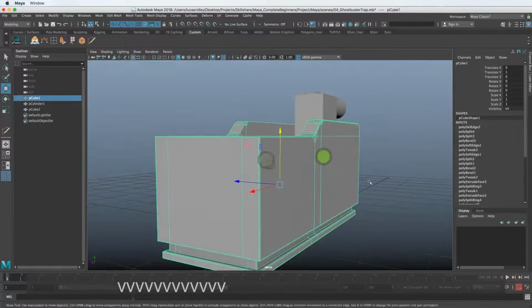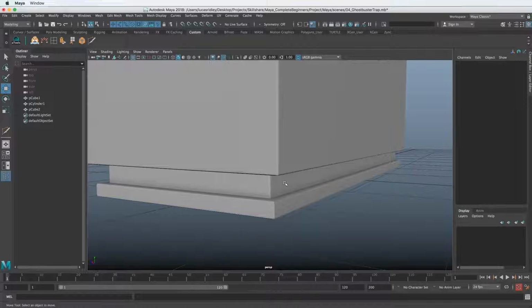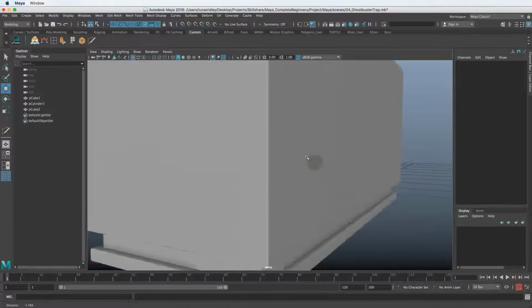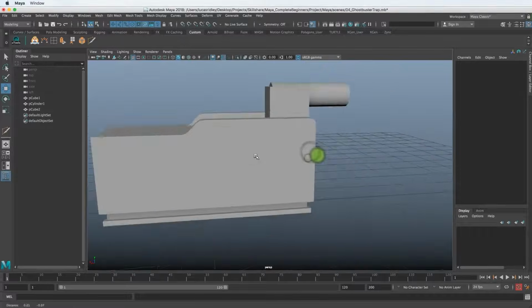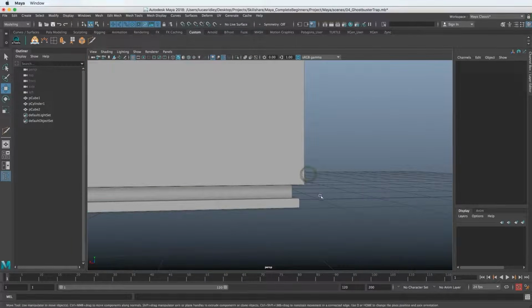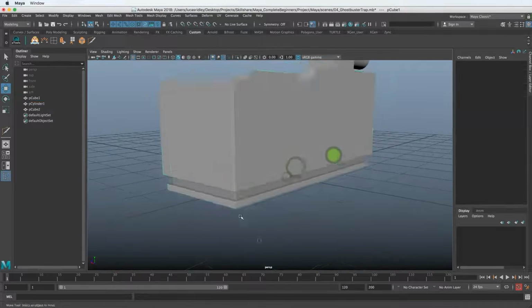And again, that's just part of modeling, being flexible, because say you had a supervisor and now they want to add more bevels and you've already done all this beveling. Things don't happen perfectly from one step to another. So you need to be able to adapt and know the tools well enough to adjust the model as needed. And again, I'm just going to leave that one now for time's sake. It looks like we need to do that on every corner, but for time's sake, let's just leave that.